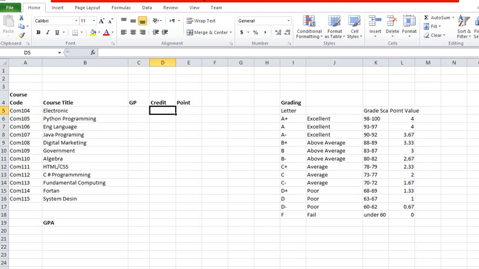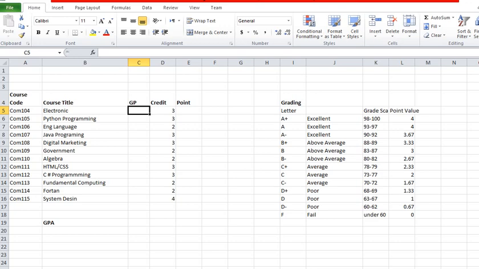So now the credit unit for each of the course. Let me first of all enter the credit units for each of the course. So the credit units has been entered for each of the course. Now, what is the grade points for each subject? So the grade points, I think, is